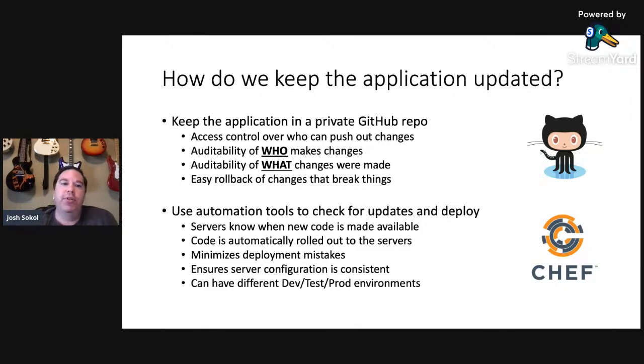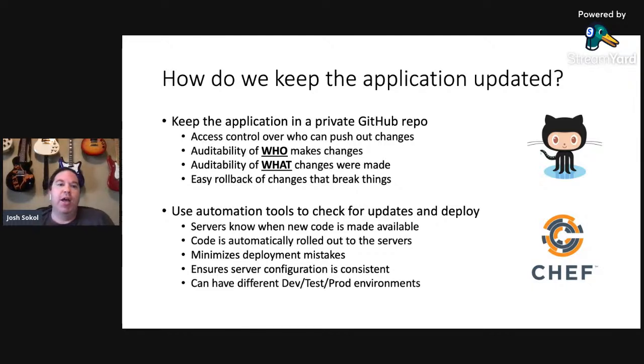But the idea is once it goes into that repo, you have access control over who can push out changes. You have auditability over who makes those changes and what changes were made. And it's very simple to roll back changes if they break things. So if you use GitHub or any sort of source control repository as your code repository, so all your stuff is sitting in there, you're ensuring that you have these pieces in place,